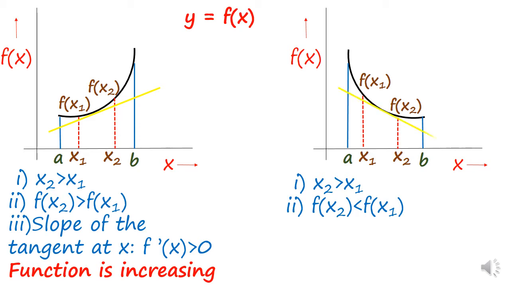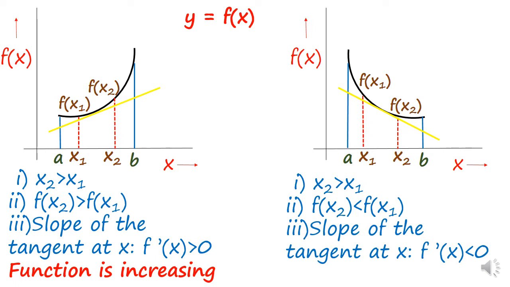Again, draw a tangent to this curve. Now the slope of this tangent would be negative. So as a result, the slope of the tangent at a particular point x is negative. So we write it this way, that is f'(x) is less than 0. Remember, the slope of the tangent is given by f'(x). So f'(x) is negative. If these conditions are seen in a particular curve, then we say that the given function is decreasing. So the function is a decreasing one. So in this way, graphically we can determine whether a function is increasing or decreasing.